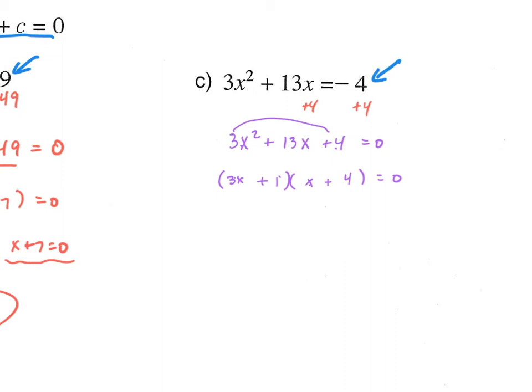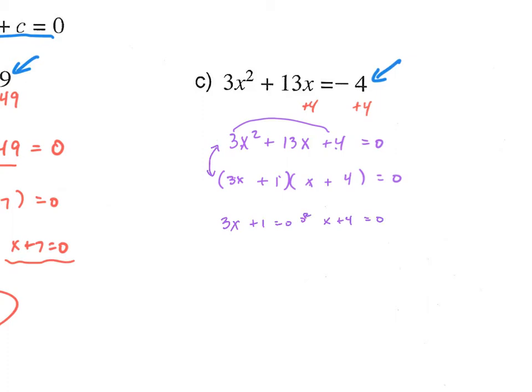So I go ahead and do my zero product property now, and I have 3x. Again, going from here to here, if you need practice factoring, go back and review 8-5, 8-6, because the factoring process is something that we are just doing. It's just one more step. So I have 3x plus 1 equals 0, and x plus 4 equals 0,